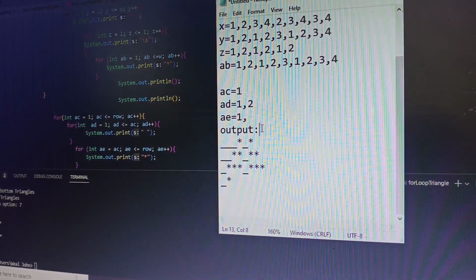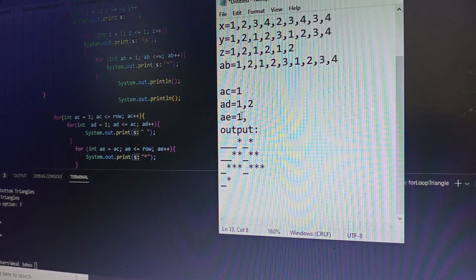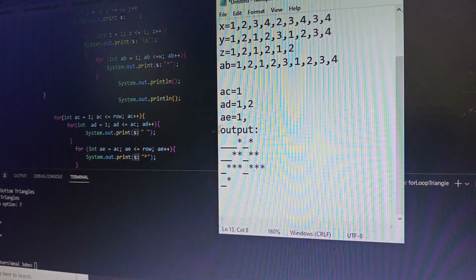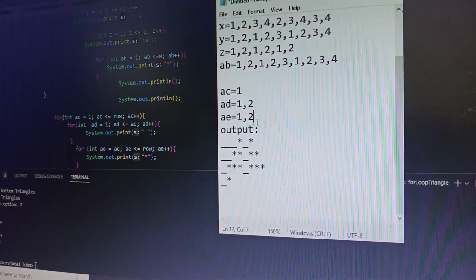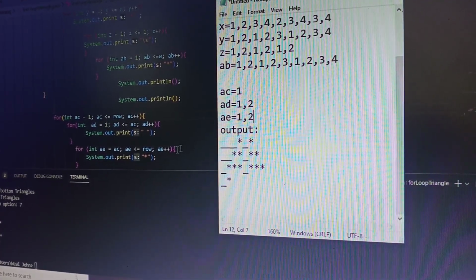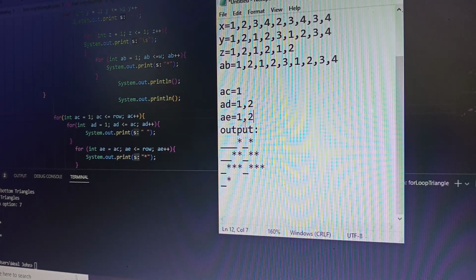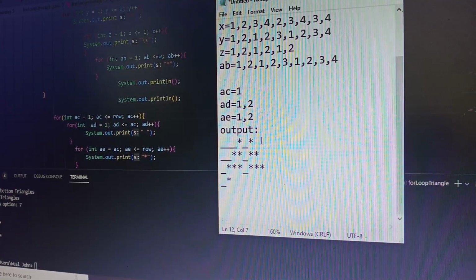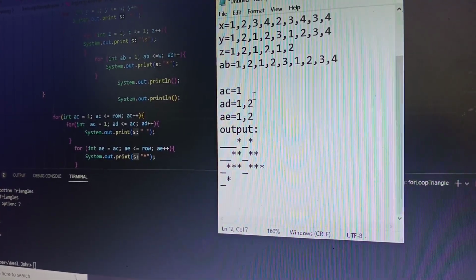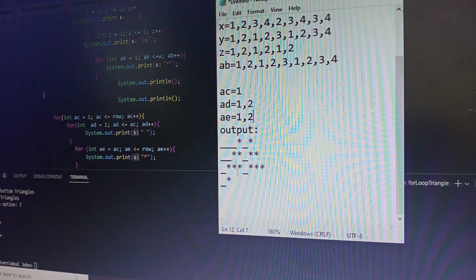Then proceed, condition, which is increment, then 1 now becomes 2, then condition AE is less than equals to row, which is 3, then true, then it will print